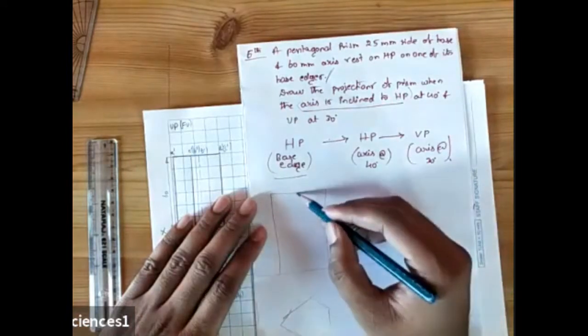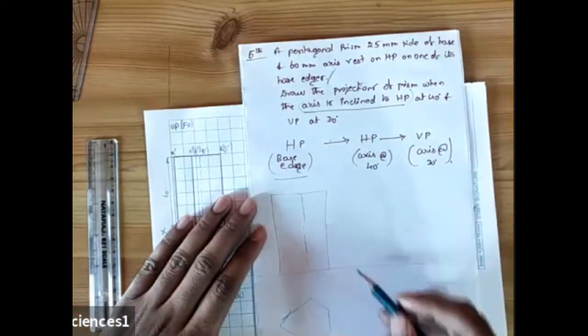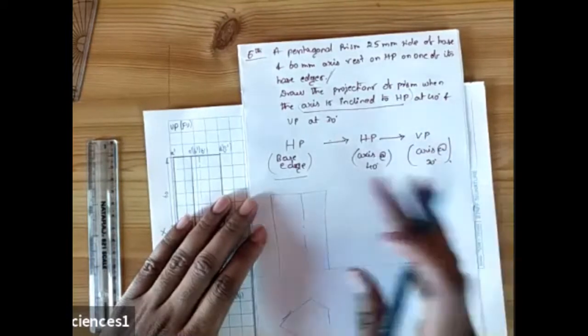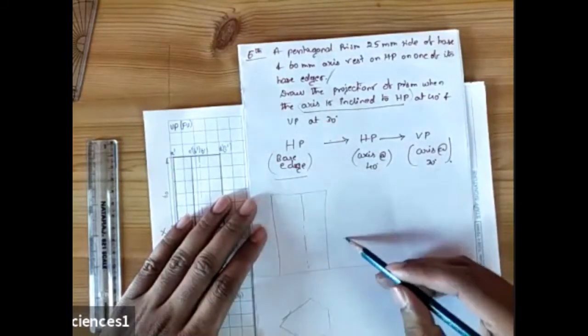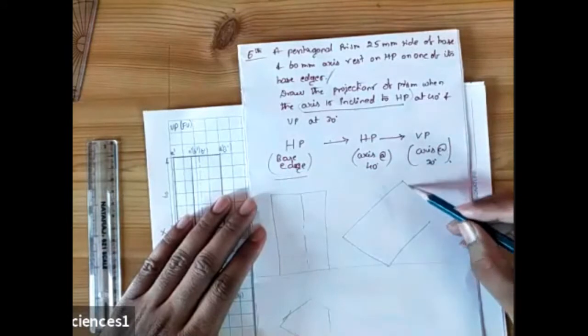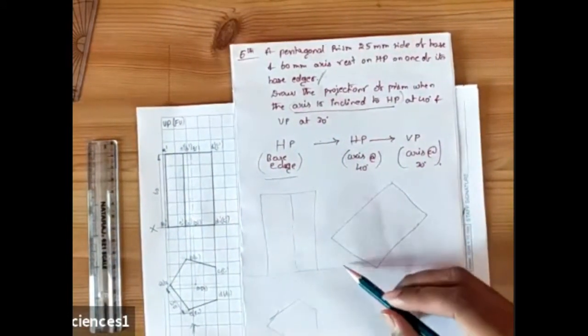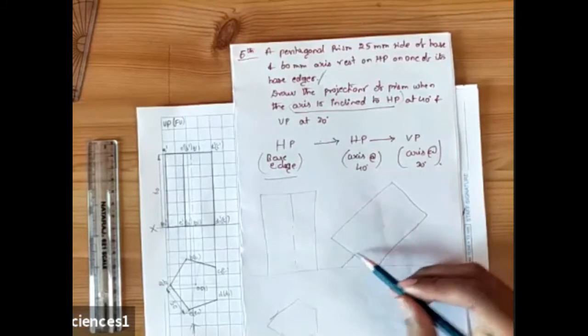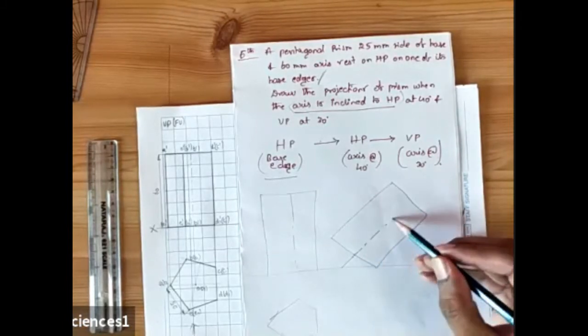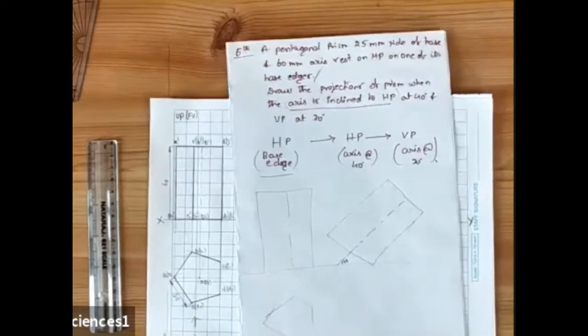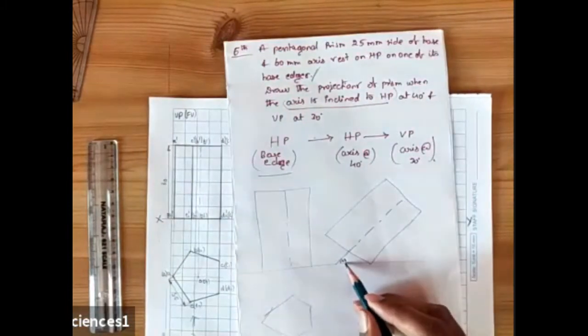Okay, and we had an axis here. In the second condition, this object has to be rotated at an angle of how much? 40 degrees. That means in the second condition, you'll be getting it like this. This is what you're supposed to draw in the second condition, where the axis angle should be 40 degrees.